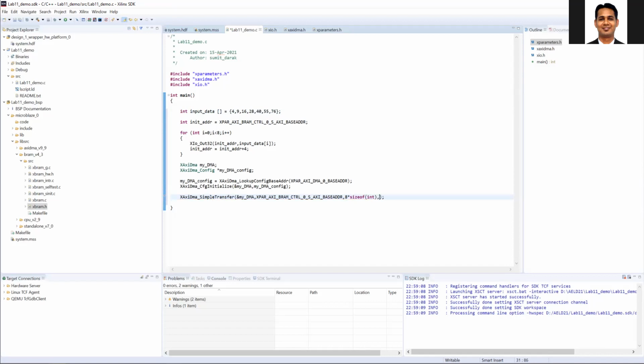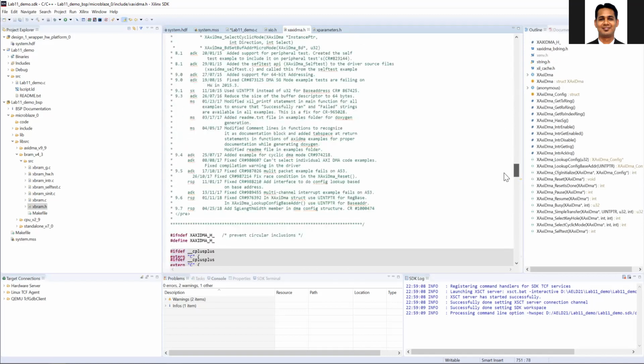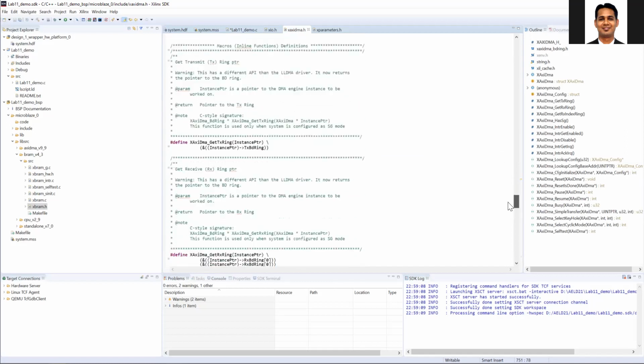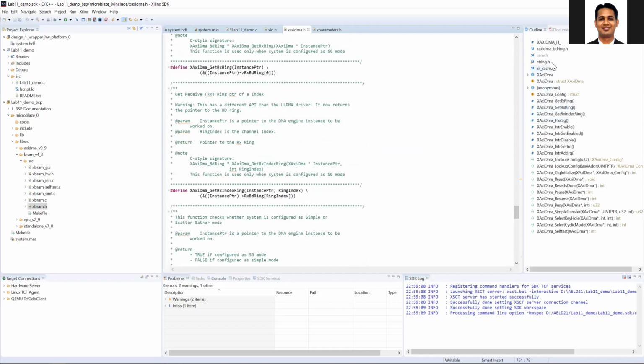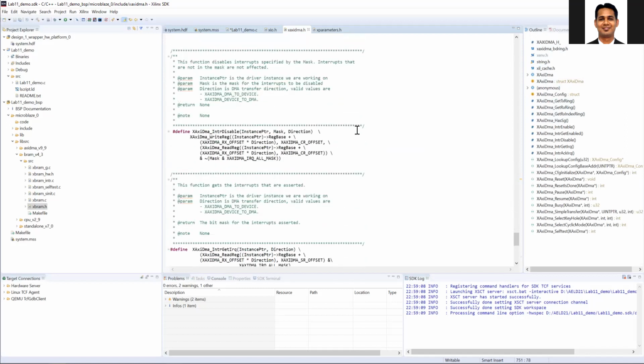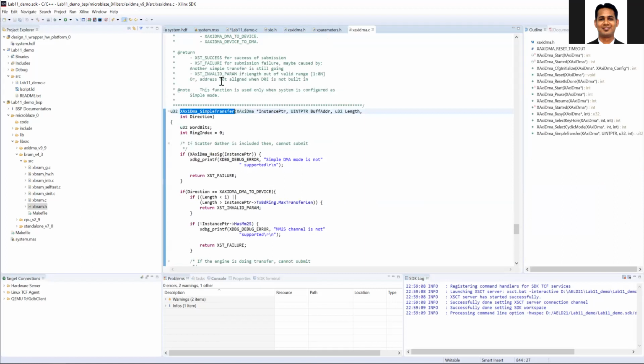Then there is the direction, which says whether I'm going to write the data from the DMA to the device or from the device to the DMA. There is a proper value for the direction, and it should be defined in some file, so we need to see where it is defined.